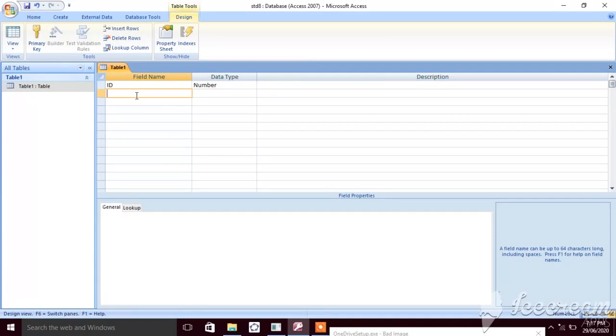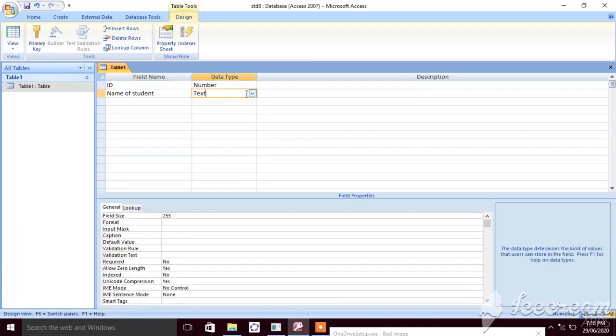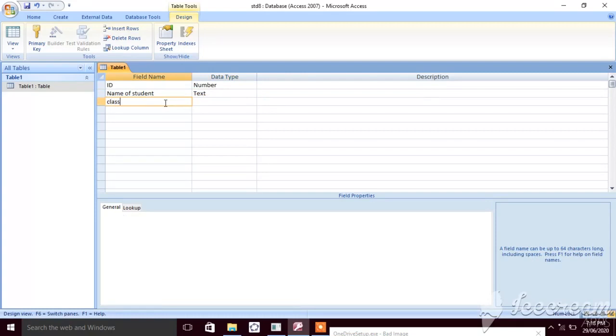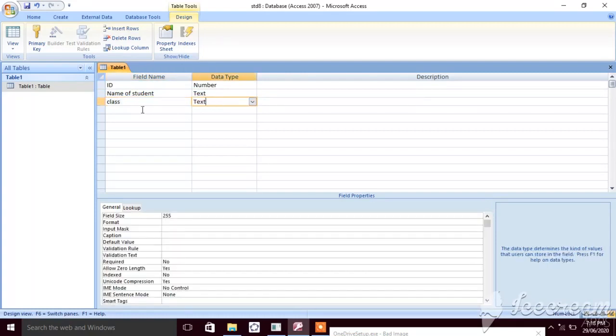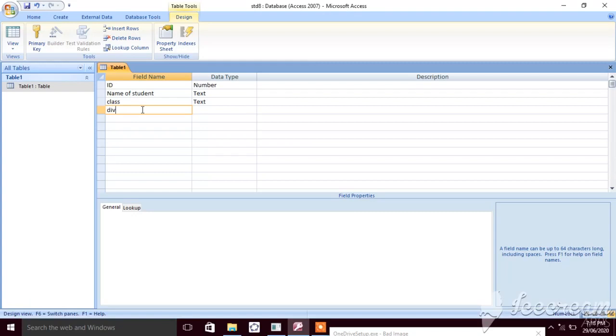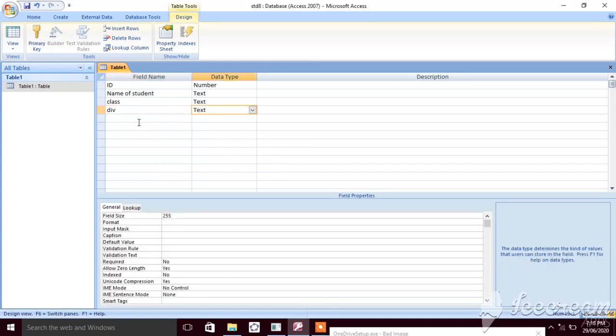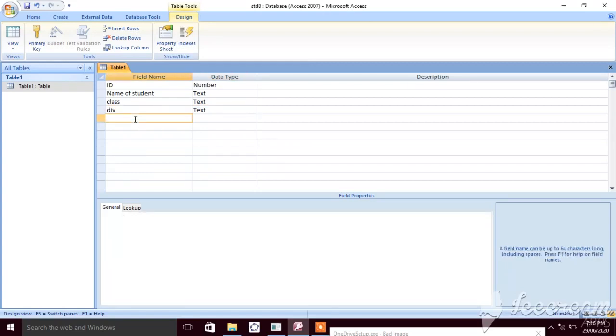Then I will take the next field as name of student. The name of student should be of data type text. Okay, we are writing in characters, so we will take text here. Then class, also text. Division also text. Now we'll take marks.